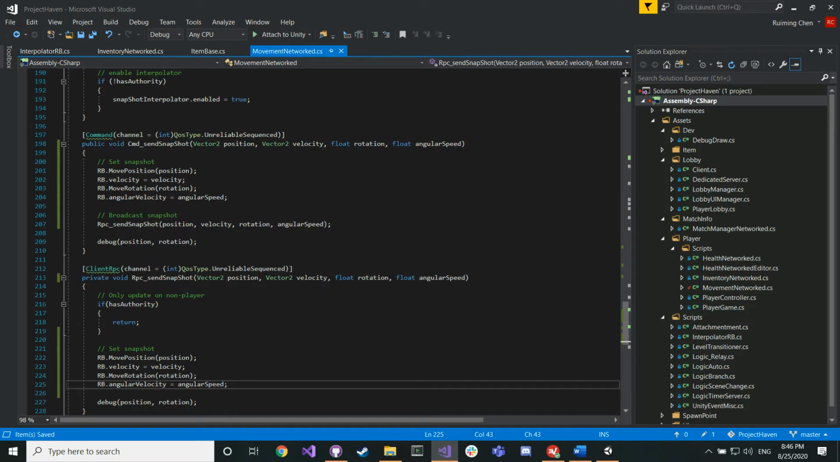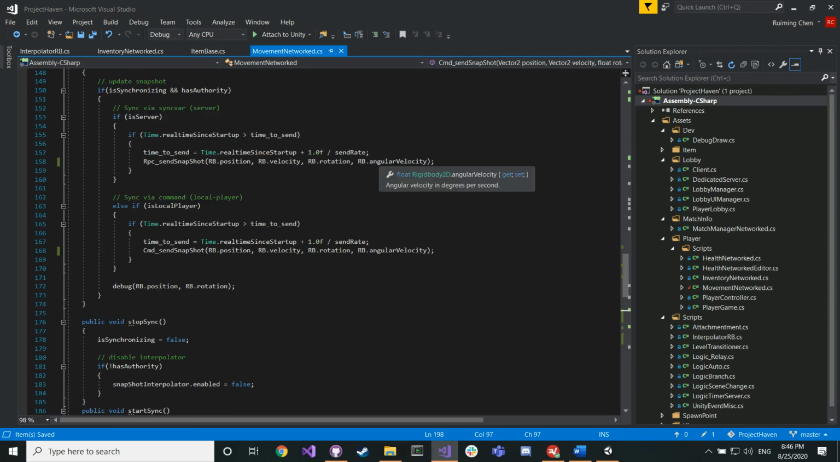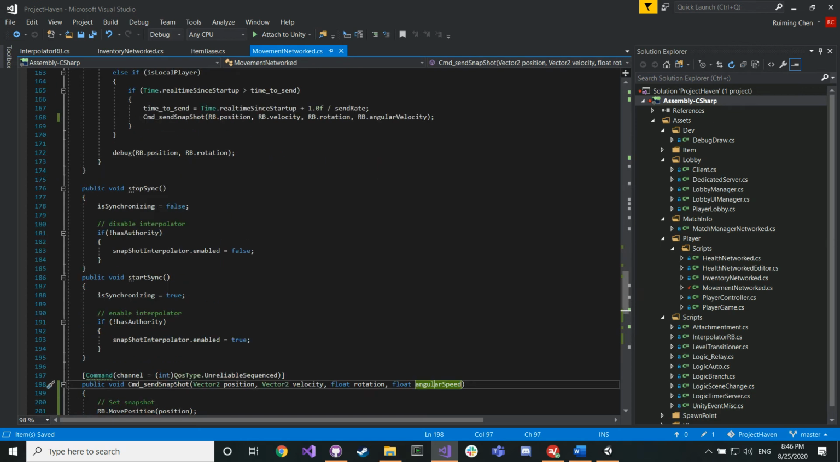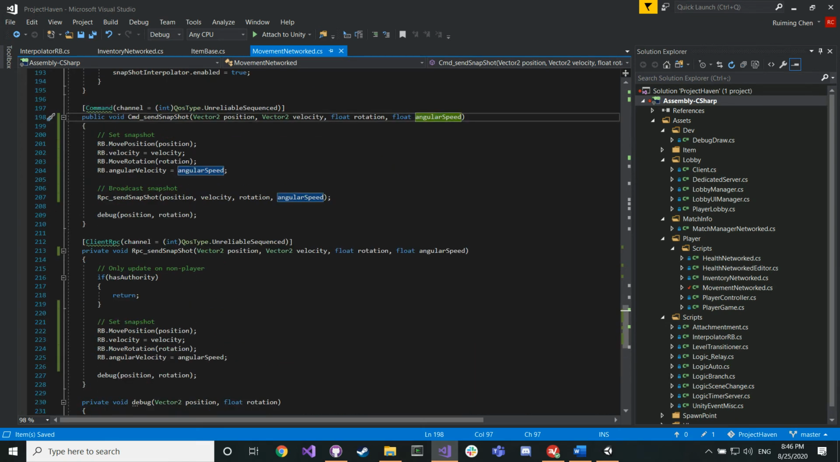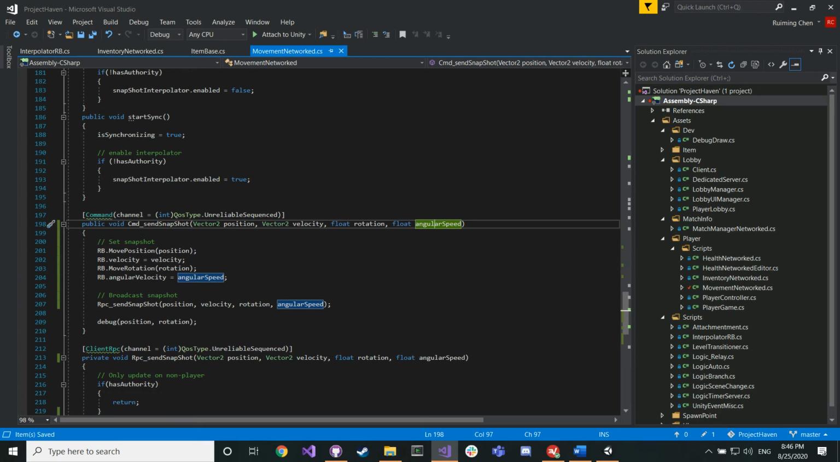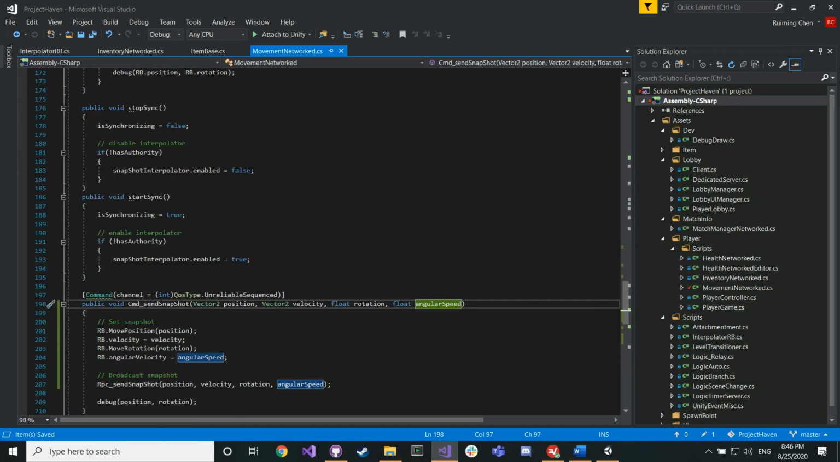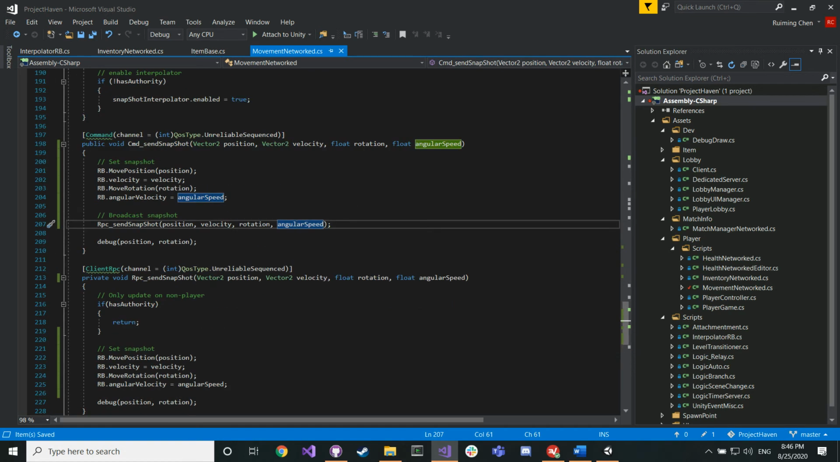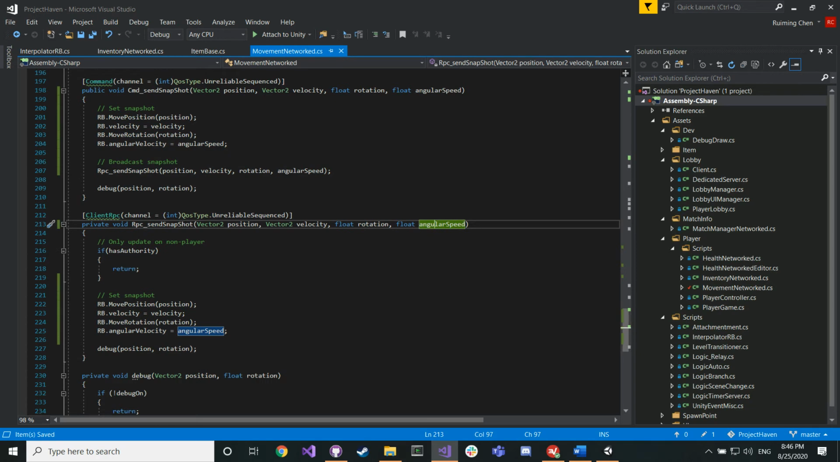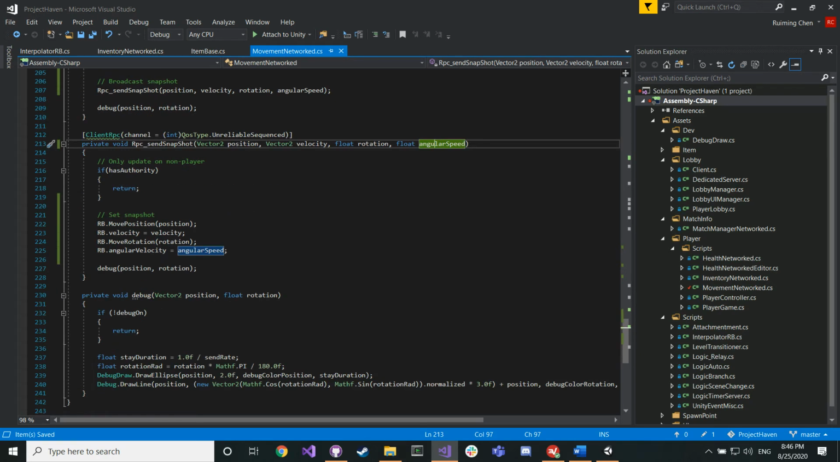I'm glad that we didn't skip a step here. Angular speed looks fine to me. Degree per second, I don't see a problem with that. So you send the angular speed over, send the angular speed, send the angular speed, and pass over to angular speed. And why does it